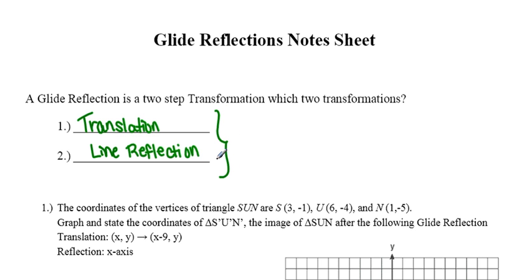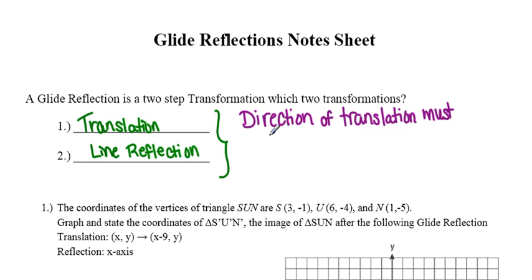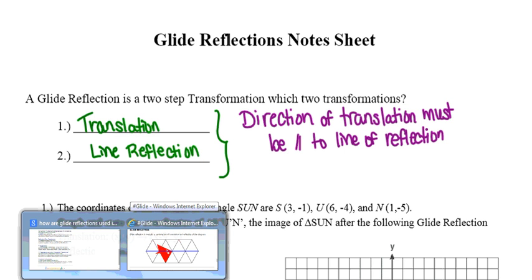Now, a key idea that ties these two together is that the direction of our translation must be parallel to the line of our reflection. And I'm going to speak to what that means a little bit later here in our video. What I want to do right now is to take a look at an animation of what this glide reflection